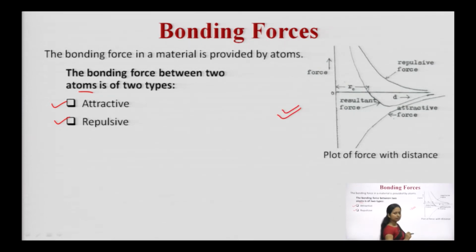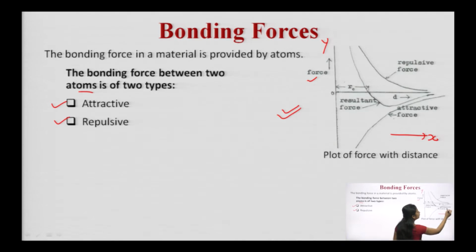Here a curve is plotted, with the distance taken along the x axis and the force taken along the y axis. The distance we are talking about is the distance between the two atoms, the interatomic distance. When the distance is large, when the two atoms are far away, there is nothing much that impacts the overall mechanism. When the distance is large, we are talking about the right side of the curve.